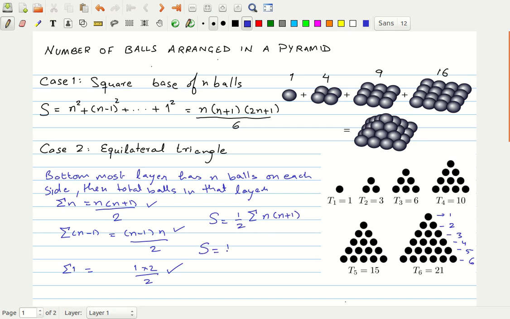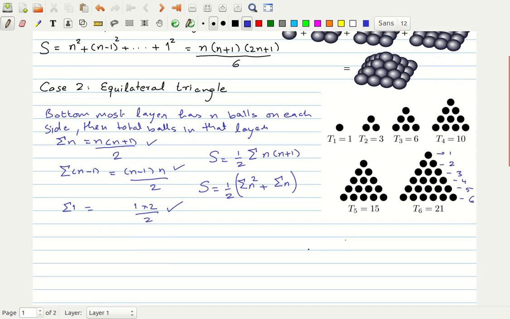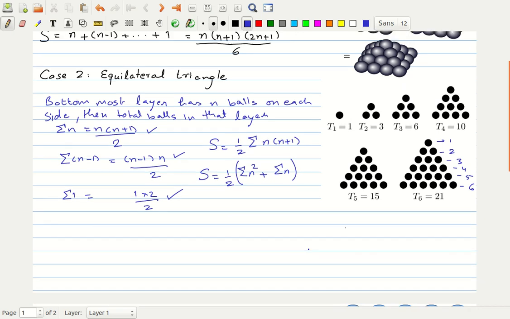This is actually equal to sigma of n square plus sigma of n, right? And sigma of n square,